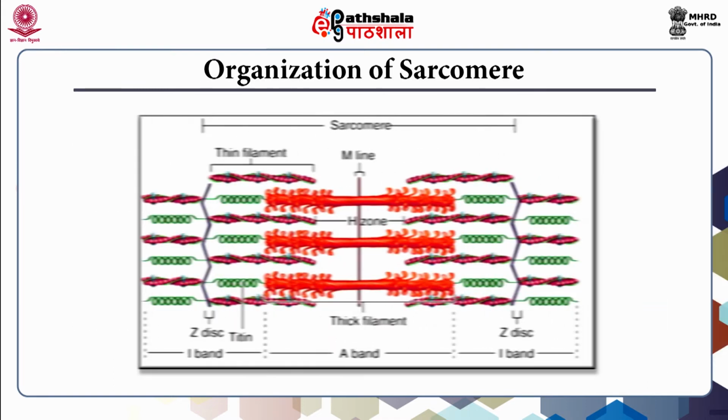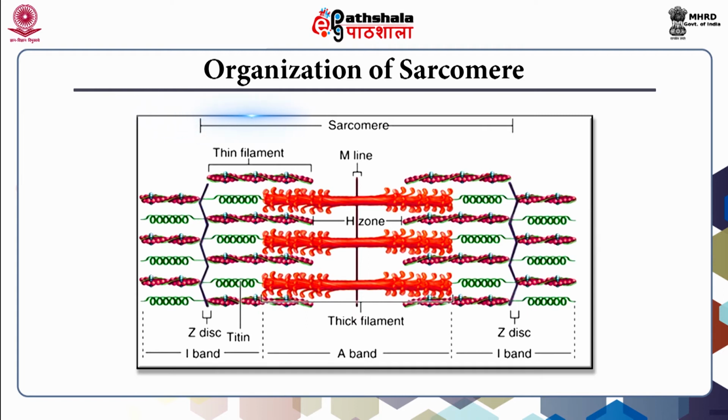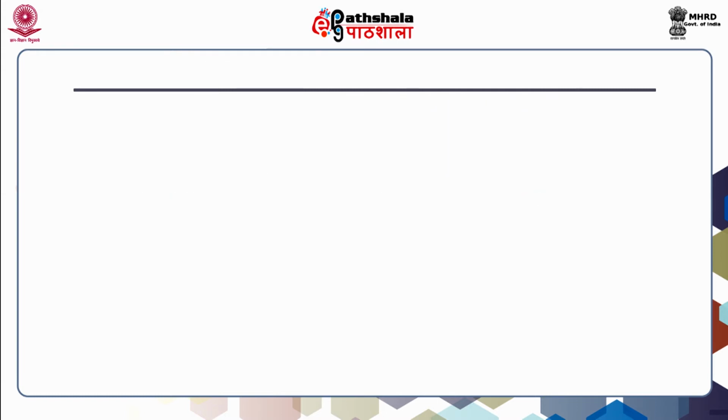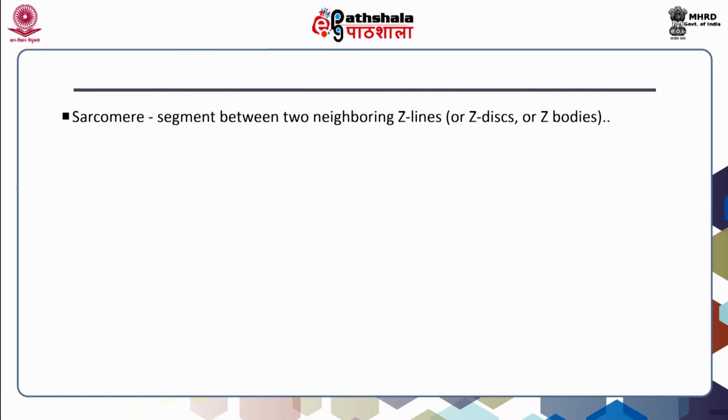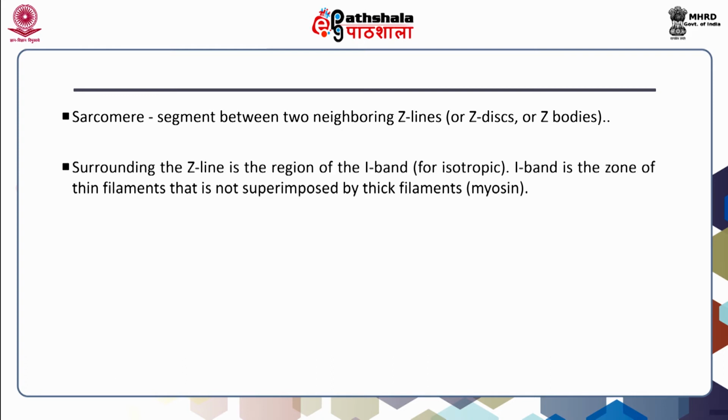In this slide, you can see a figure showing the organization of sarcomere. Sarcomere is the segment between two neighboring Z lines, or Z discs, or Z bodies. Surrounding the Z line is the region of the I band. I stands for isotropic. I band is the zone of thin filaments that is not superimposed by thick filaments, that